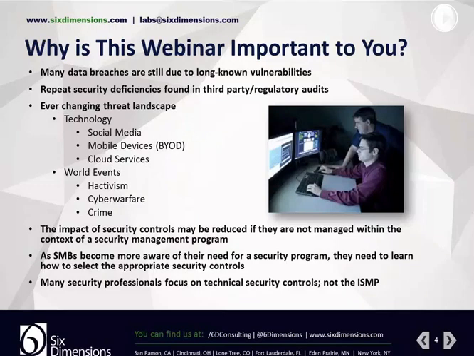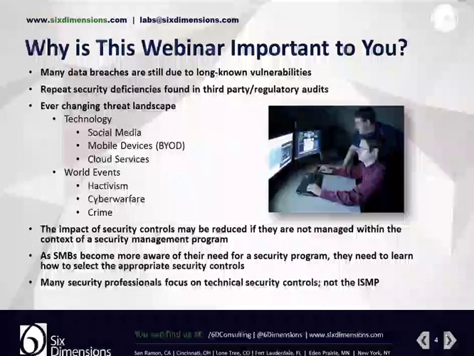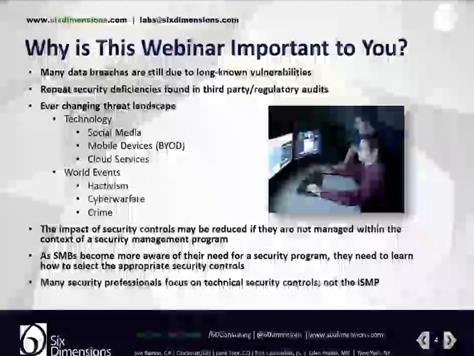I've also done a lot of security assessments, and we'll go into an organization and we'll find a lot of deficiencies. We'll help them remediate those deficiencies, and we'll leave that engagement feeling very good about what we've done for our client. We'll come back a year later, and sure enough, we find some of the same deficiencies and vulnerabilities we found in the first audit in the follow-up audit. How do these vulnerabilities creep back into the system? And we'll see that an information security management program can actually pull this together and make sure that that doesn't happen.